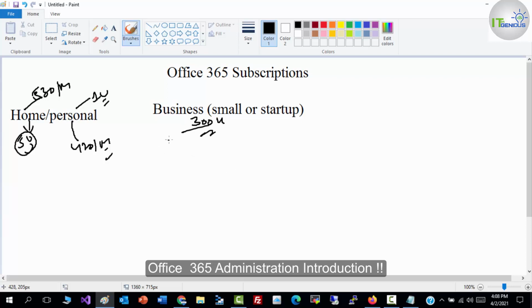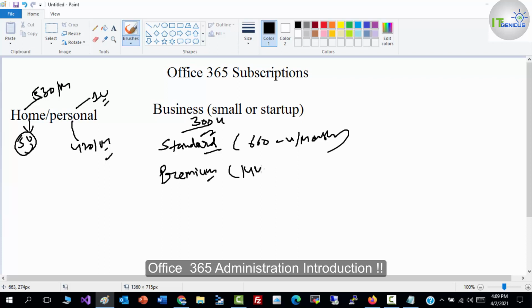We have the standard business plan as well, where the pricing would be 660 per user per month. This would be the pricing for standard business, and there would be a premium plan as well, where the cost would be 1440 per user per month.